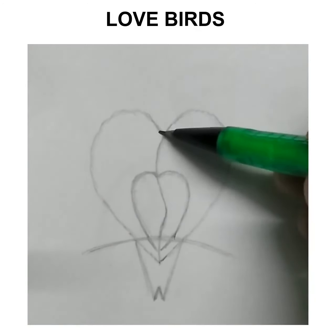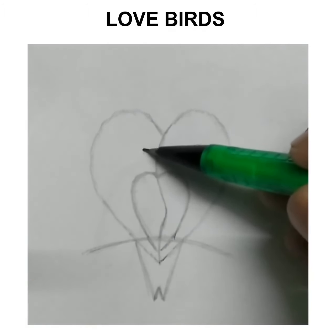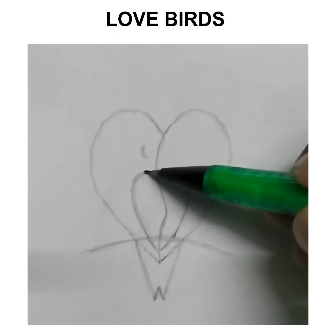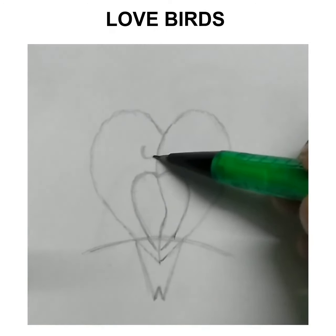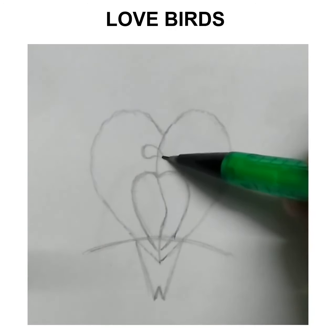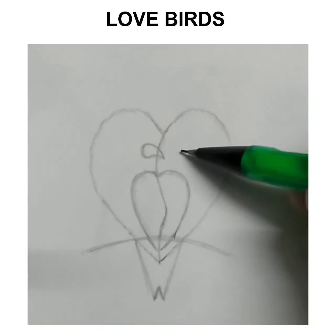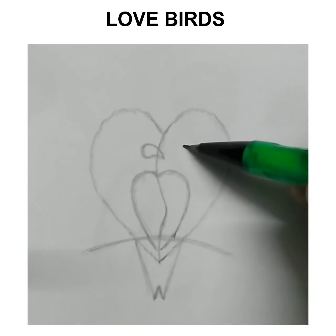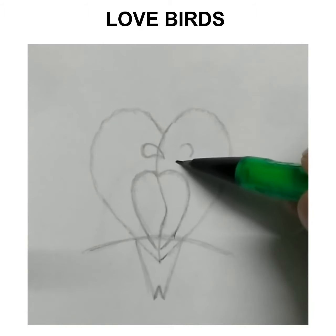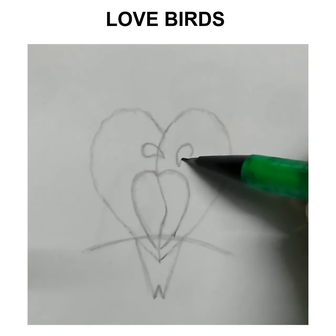we are going to draw the beak. Okay, beak of this bird. So start with a curve here above this feather, then draw like this so that it forms a beak. You got it? Now parallel to this beak, draw something like this, draw a curve, then make the beak pointing downwards, or draw the beak pointing downwards. Okay,